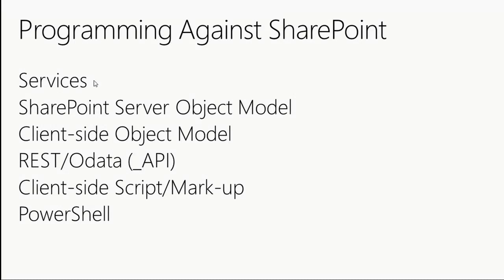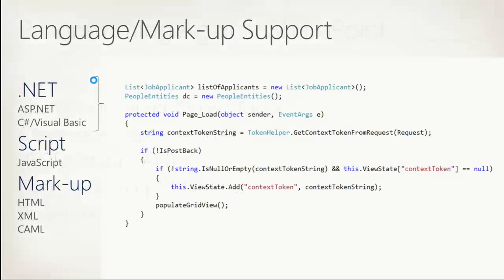Okay? Lots of programmability. Now, I'm just going to march down the types of things that you'll need to know. So if you're like, I want to know everything there is about SharePoint development, down the left-hand side, these are the things that you might want to have in your toolkit. Okay? So for example, this is OAuth, but it's C#, right? So you have to have some knowledge of the .NET platform. Preferably ASP.NET. That'll give you at least a grounding in SharePoint. But obviously there's some new things that you'll want to be familiar with.